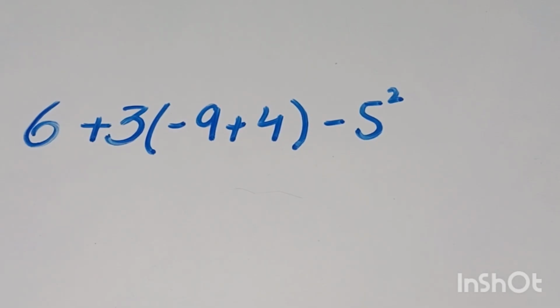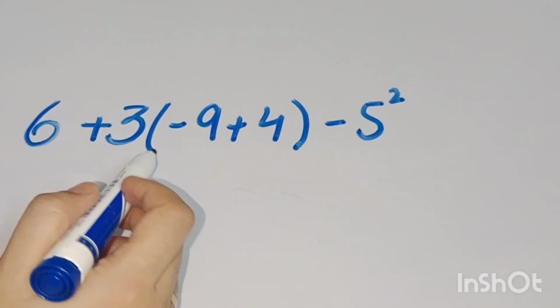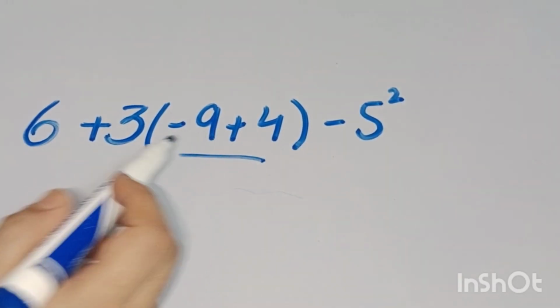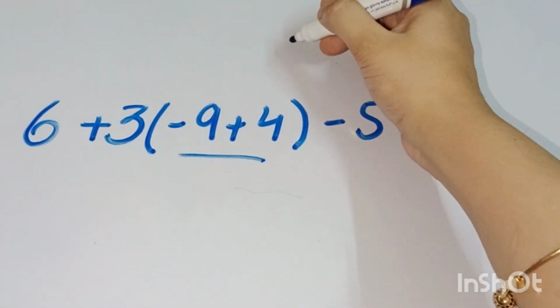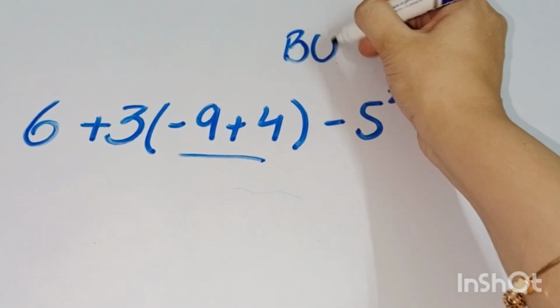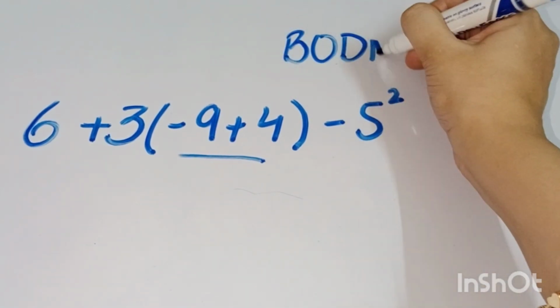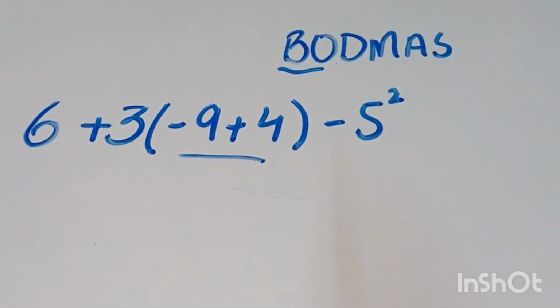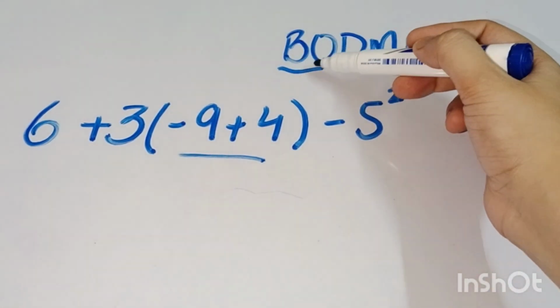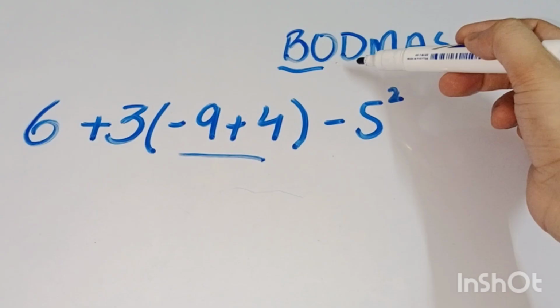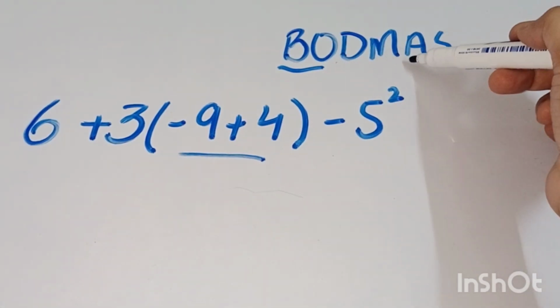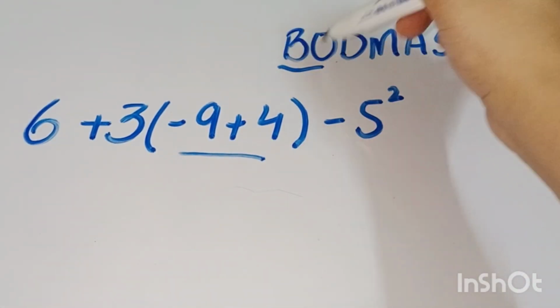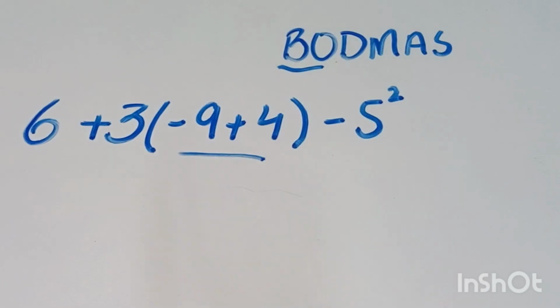Okay, great. If you have solved this puzzle, then answer in the comment section. Okay, let's solve this puzzle. Here I will solve my bracket first as according to BODMAS rule. As we all know, what is BODMAS rule. Here I am writing in front of you BODMAS. Here we will solve our bracket first, then I will do division, multiplication, addition and then subtraction. Simply solve our brackets first.